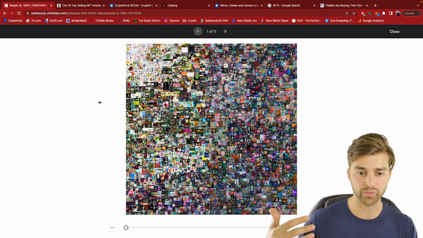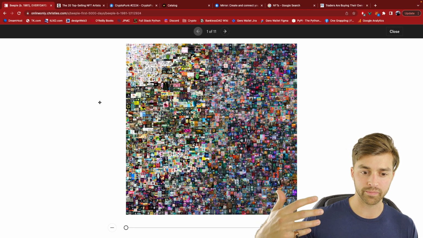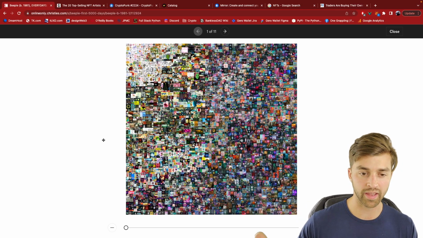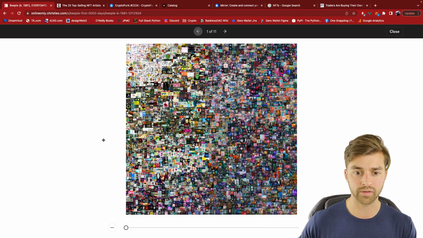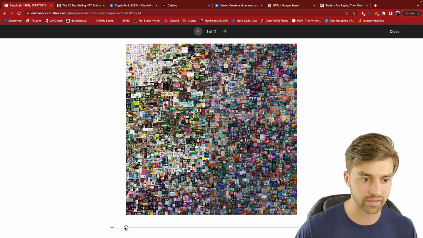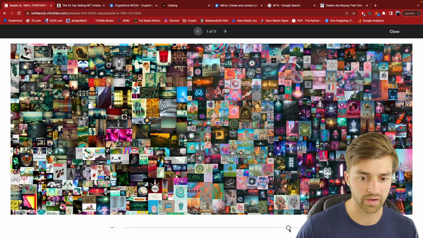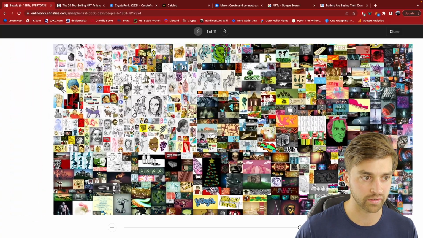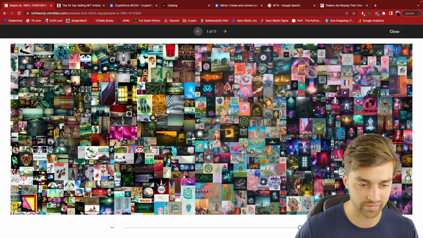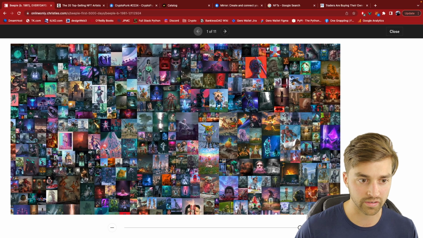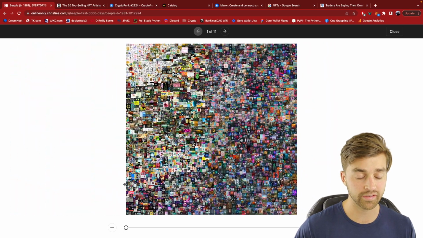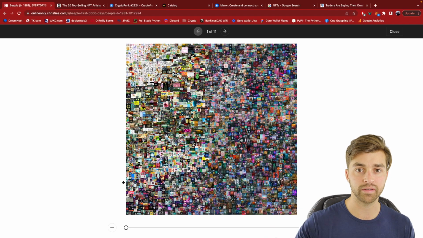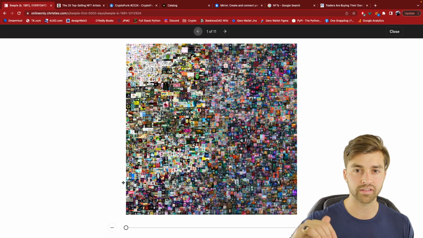Beeple is an artist who created a digital artwork every single day for 14 years. He was trying to improve his digital art skills. And people caught on to this and thought it was cool. And then the blockchain came along, and then NFTs came along. And then what he did was he made a collage of all of his digital artworks over 14 years. So it starts from perhaps the early days, and it gets into more and more sophisticated stuff. This is a collage of 14 years' worth of work. And this piece of art sold for $69 million. This was the most expensive NFT that was ever